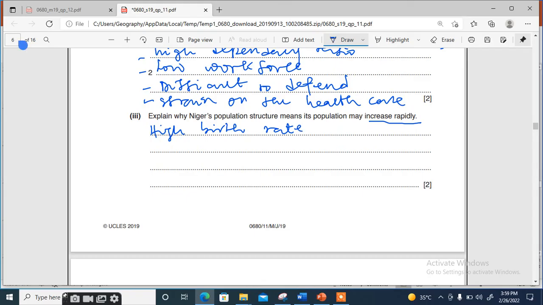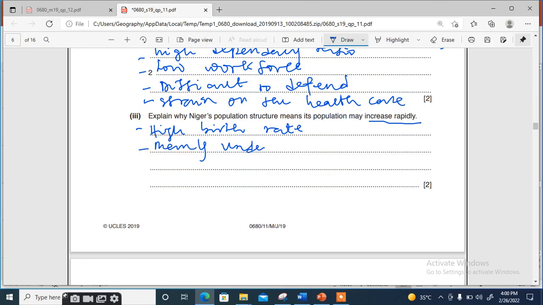High birth rate, and why? Because there is a large number of people living within the childbearing age. And why do we make such a conclusion also? It is because many under the age of 15 will soon be of childbearing age. So they have many